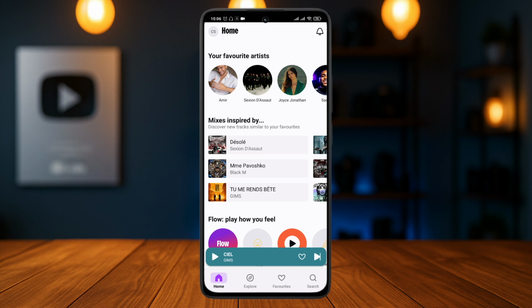In today's video, let's talk about the way that you import music to Deezer. Whether you're trying to import the music from YouTube or Spotify, you can easily import your favorite songs onto the